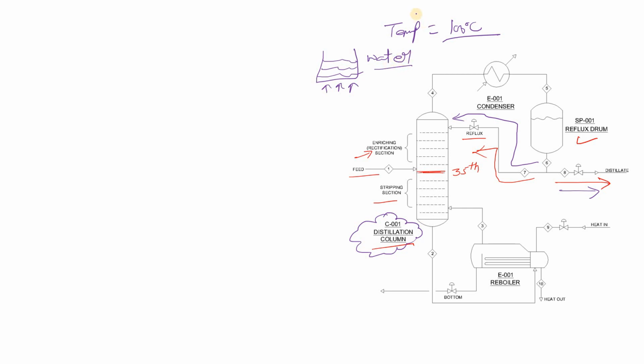Now there is one question which I want to ask you: will it now also boil at 100 degrees Celsius? No, right? Why? Because it will be more pure than the previous one. The same will happen when we add the reflux to the distillation column. Why? Because in the reflux the composition of the more volatile component is high. Are you getting my point? So that's why we add the reflux here.